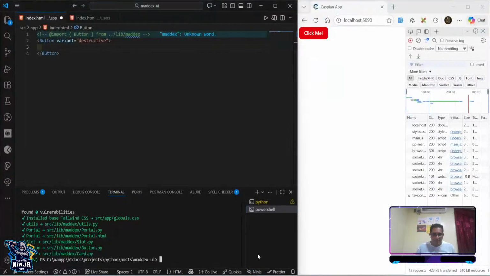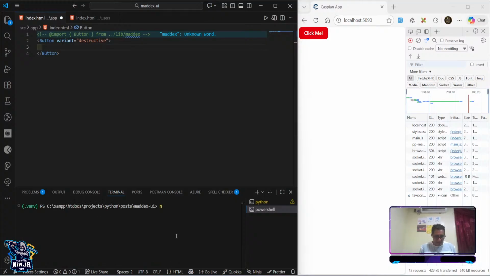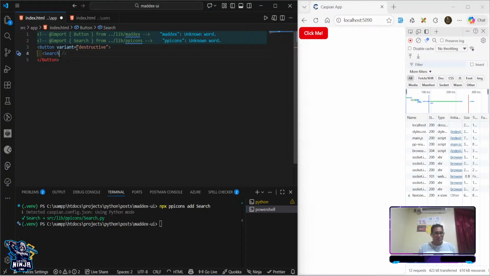So same idea, same I global PP icons. Go to the documentation. You're going to see. So PP icons global install already npx PP icons in this case. Add, let's say what you want, the search icon. So you install the search icon, and now when you come search icon,